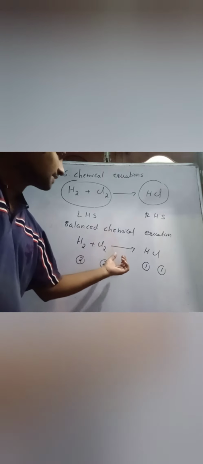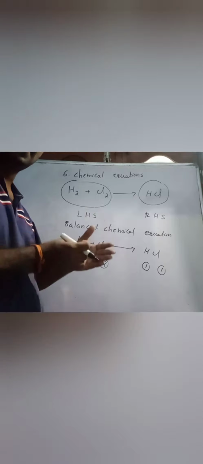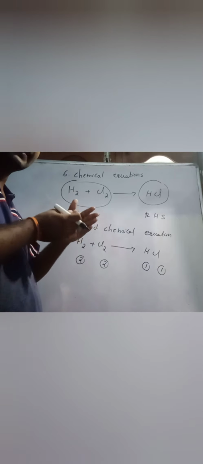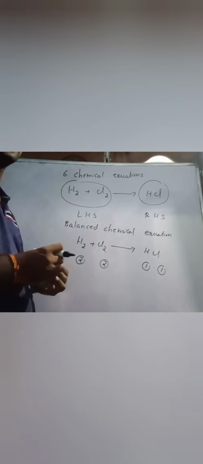Clear? So now what is a skeleton equation? This unbalanced equation is also called a skeleton equation. So the unbalanced equation is where the number of atoms present in LHS is not equal to the number of atoms present in RHS. Clear? So now this is an unbalanced equation. How to balance? Simply